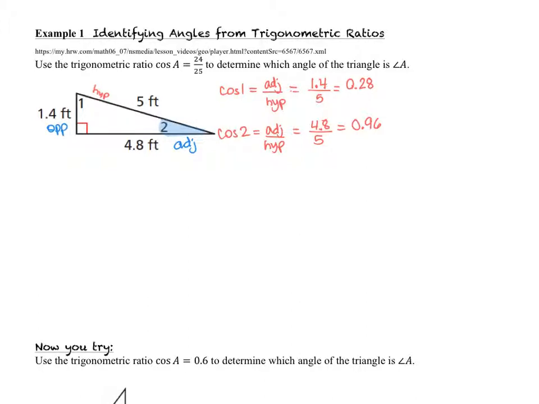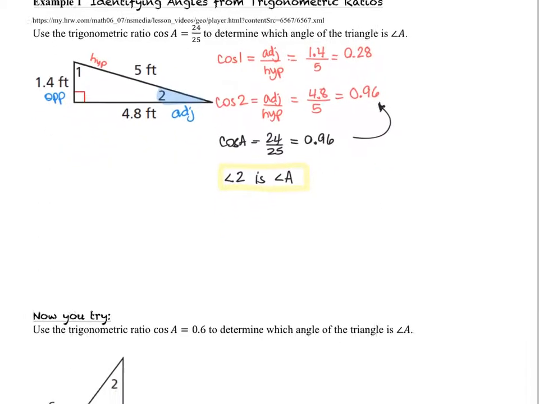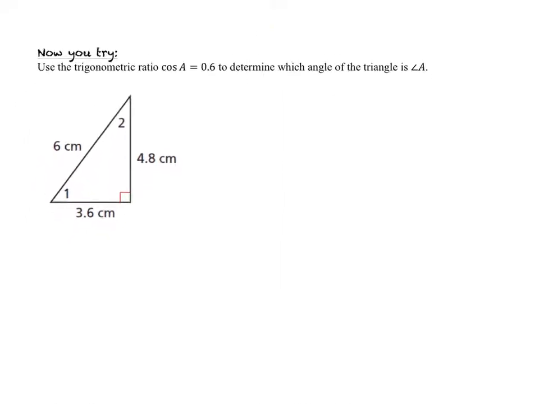Now, the test value that we have, cosine of angle A, is equal to 24 over 25, which when we divide that out gives us 0.96. So we know, there it is, that the angle that is angle A is angle 2. So angle 2 is angle A. The point of this is just for us to remember that the cosine of an angle depends on which angle you're looking at. There's a now you try for you to work on, so pause the video while you're working